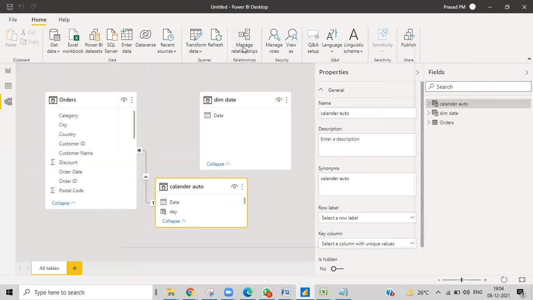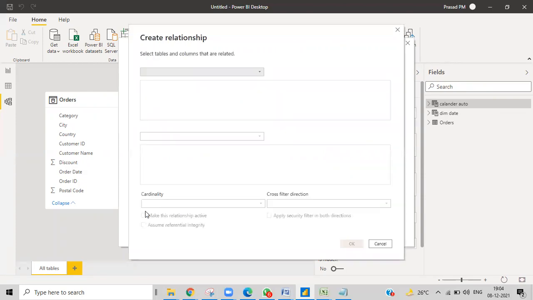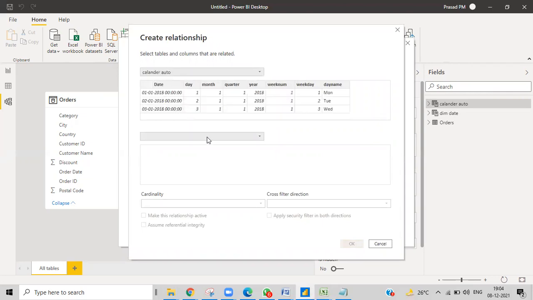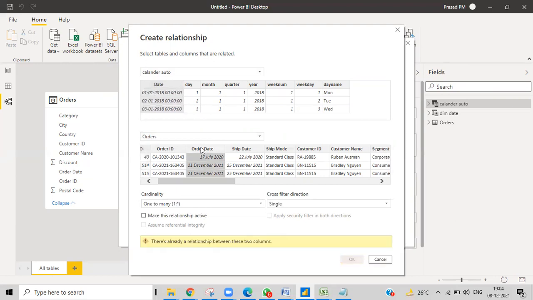Manage relationships. You can see already I created a new relationship between orders table order date and then calendar auto date table, date column. This column has been connected with this column. And if you want to create a new relationship, obviously you can go over here and then simply select the upper table, and then simply select the other table, and then you need to select the common columns, the date column, the order table.